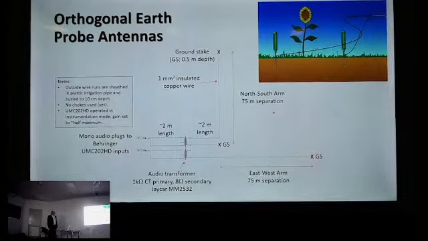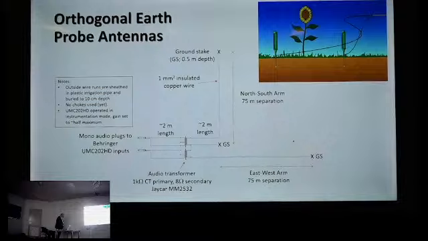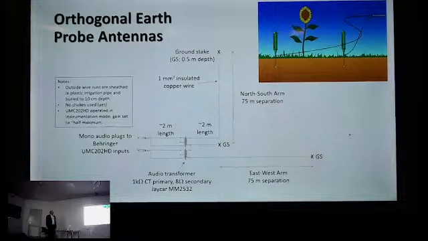Just onto this really simple antenna. So if you've got some wire, you can actually make a really simple what's called an Earth probe antenna. And these were developed back in the war days when stealth was important, and you could actually use this technique, which is essentially, as it shows in this diagram here, just sticking a couple of probes in the ground and then connecting it up via a transformer, oscillating transformer, to your sound card. That could be your laptop, it could be that device I showed there. Technically speaking, you really should put some lightning protection in as well, but